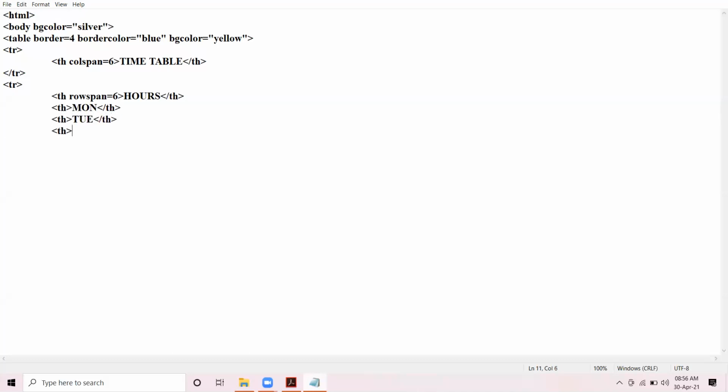Then we have Wednesday, TH closes. Then we have Thursday, TH closes. The next is Friday. So last we have TH, Friday, and TH closes. Okay. Gurkirat, Kritika, Sahajpreet, Karanjot, clear up till here?